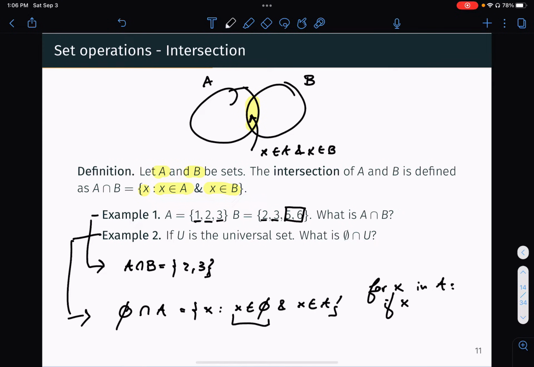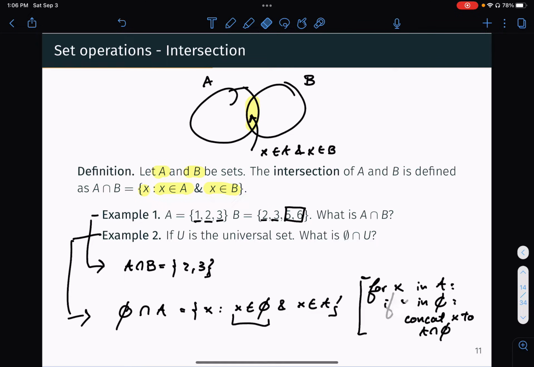If X in the empty set, then concat X to A intersect the empty set. If you wanted to do this properly, you would have to have two blocks of for loops, because you might be missing elements that are just in the other set. But for our purposes here, just for this illustration, if I'm going over this for loop,